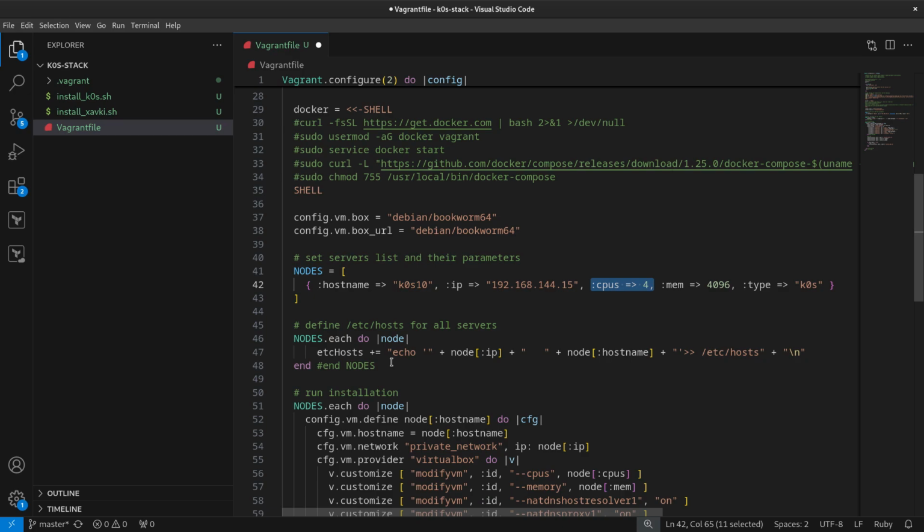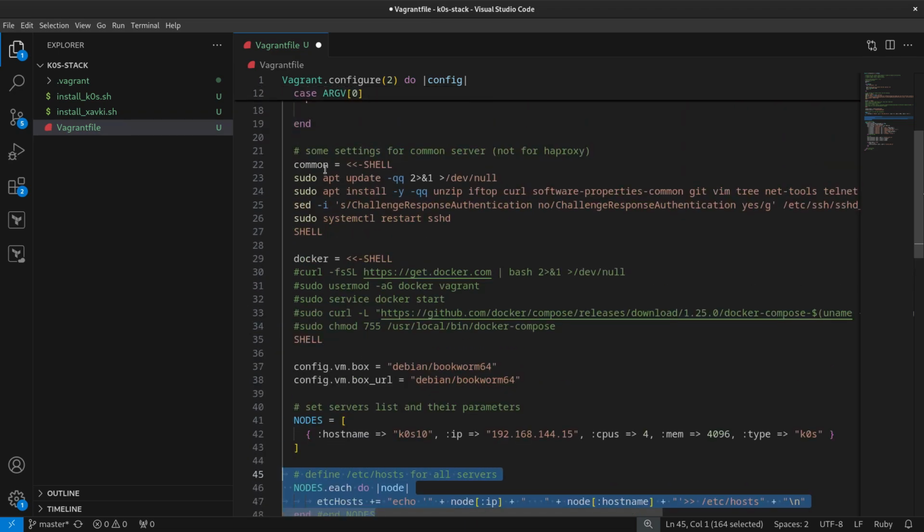And after that, I want to have DNS in our virtual server, and to do that, it's easy. In my mind, I think we can edit the /etc/hosts, and to do that, I use the same trick like here.